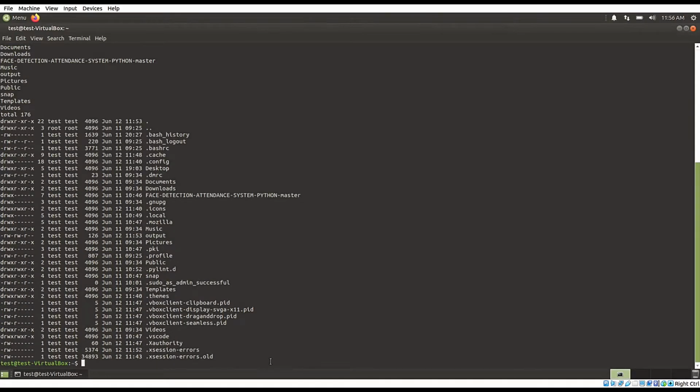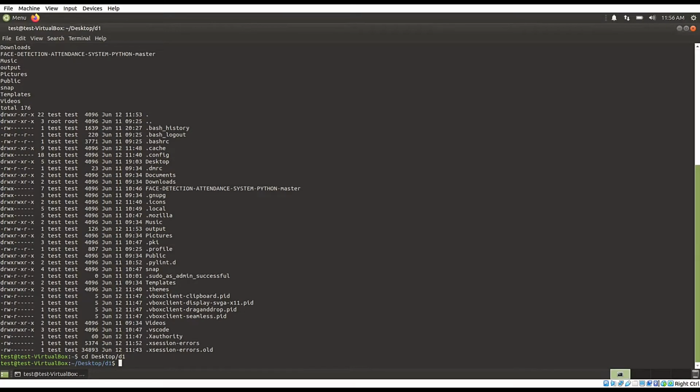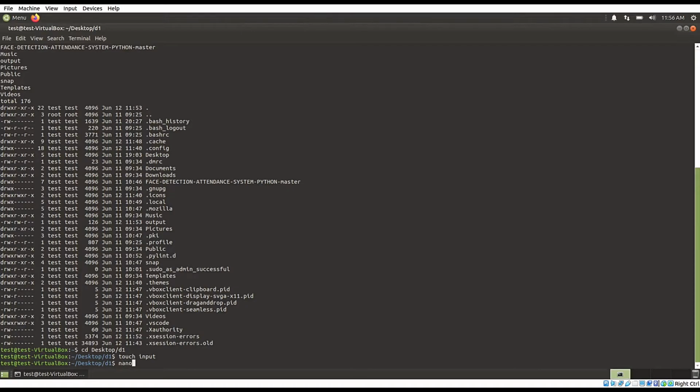Next, we will redirect standard input. For that, let's move to the D1 folder. Now let's create a file. Now let's edit it.